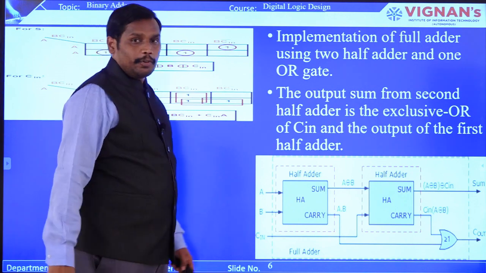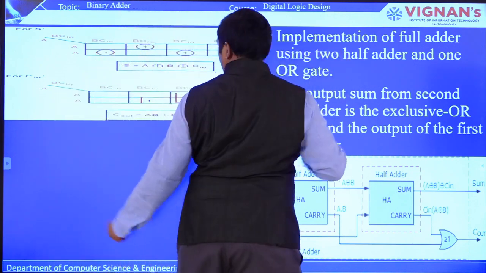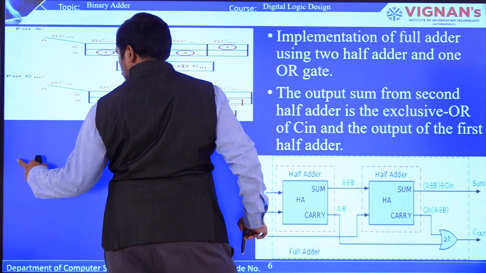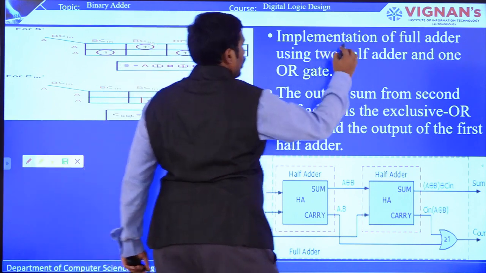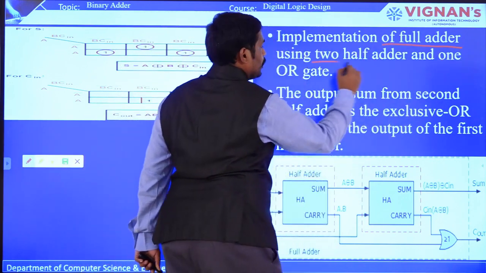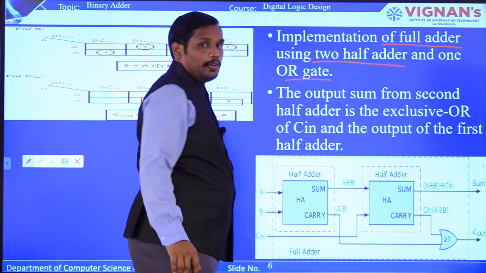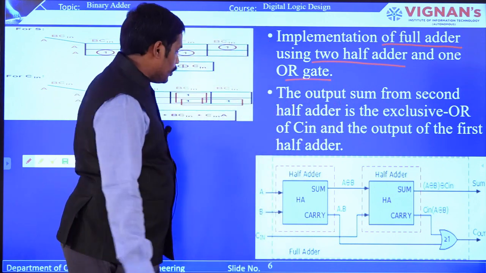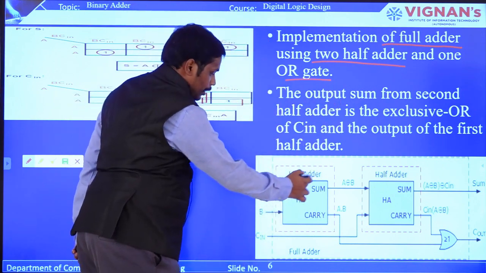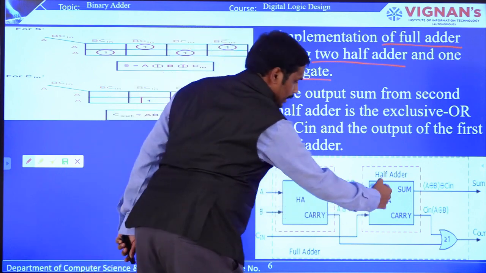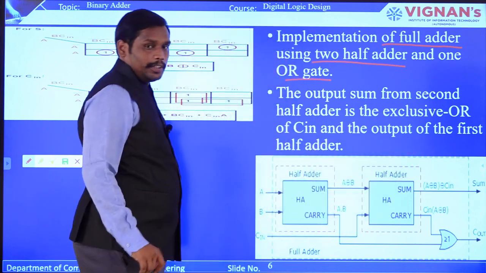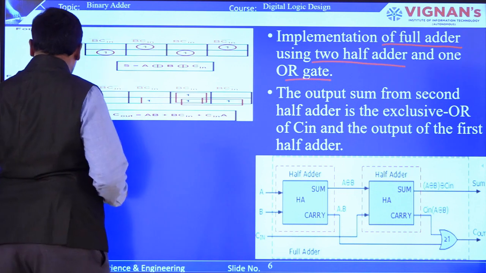Now the implementation of a full adder, right? The implementation of a full adder can also be done with 2 half adders and an OR gate. This is how you can also represent a full adder. So you can see a diagram here. That is the first half adder and the second half adder, and you get the output sum and carry. So for example, something like